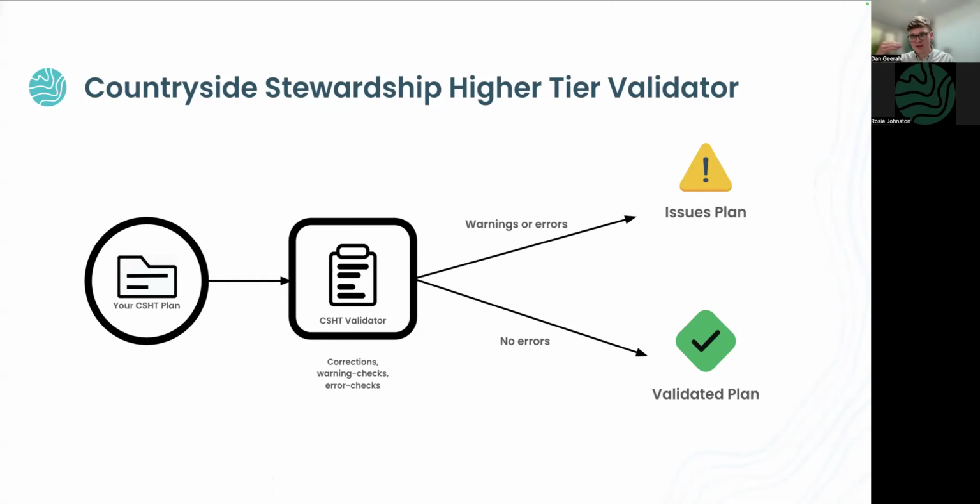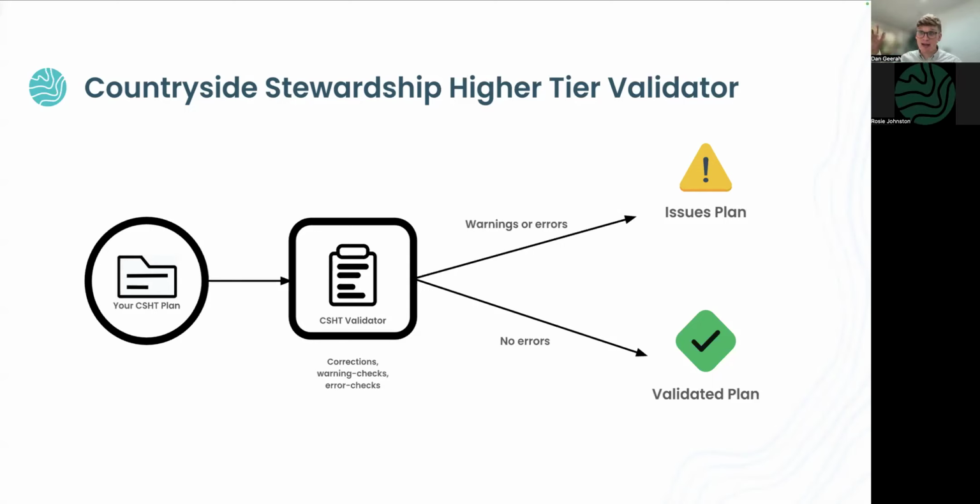So we do some kind of logic that just makes sure you're putting the right thing in the right place. We also check errors. So for example, a classic error we see is double counting, where you're trying to claim for 2 different grassland payments on the same area that aren't eligible as supplements. We let you know where those errors are. And I've got a full list in a moment.